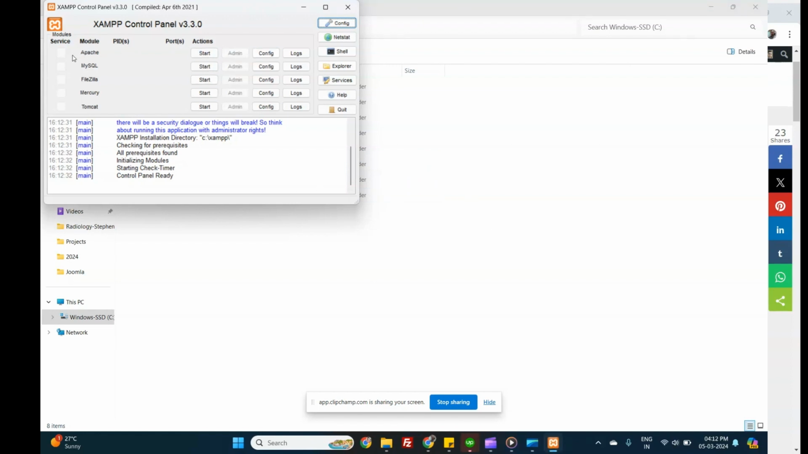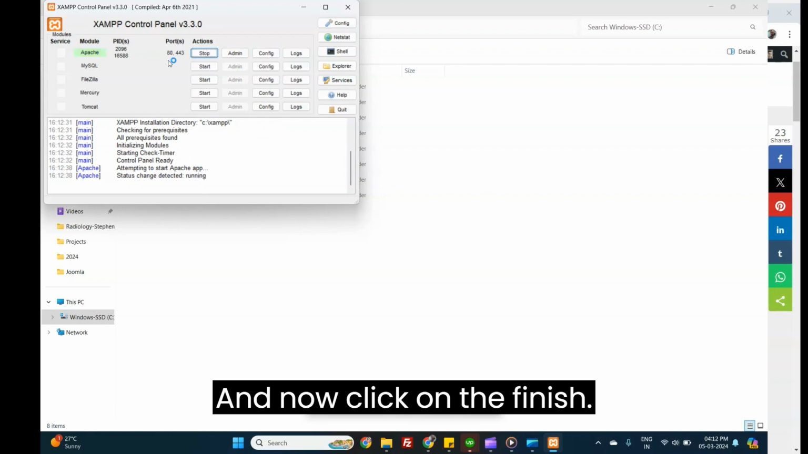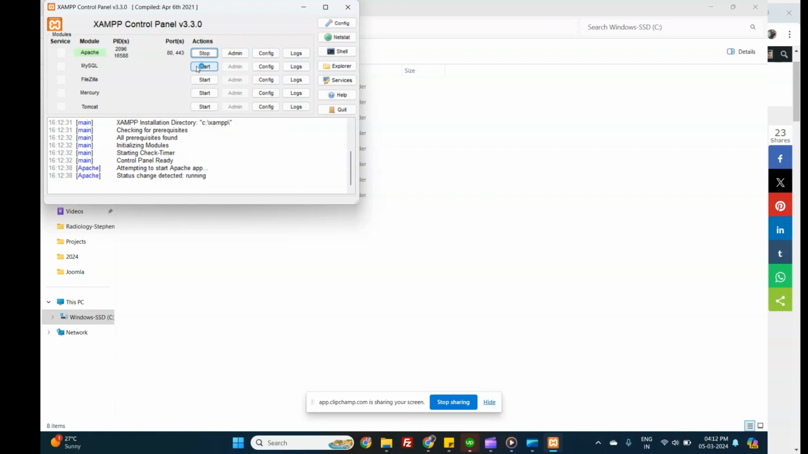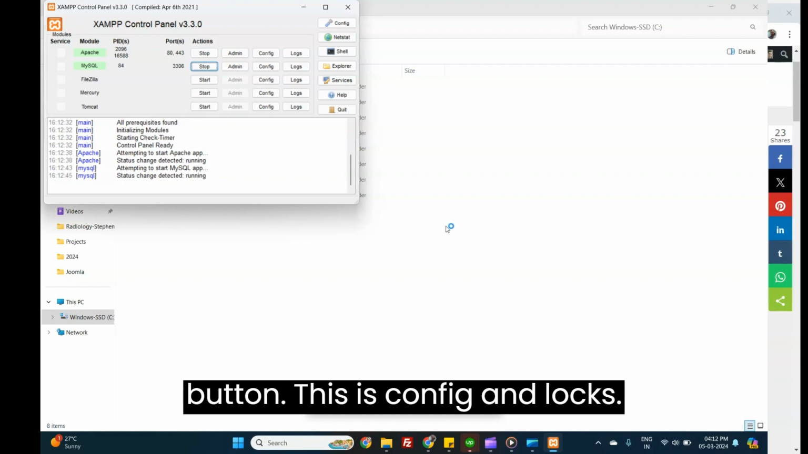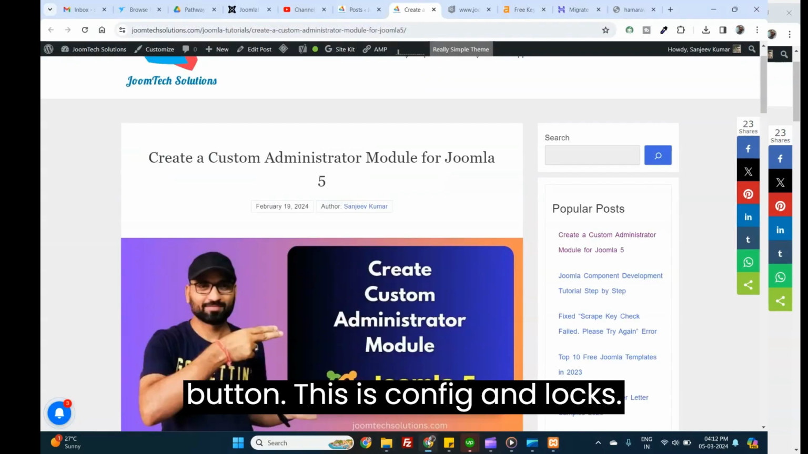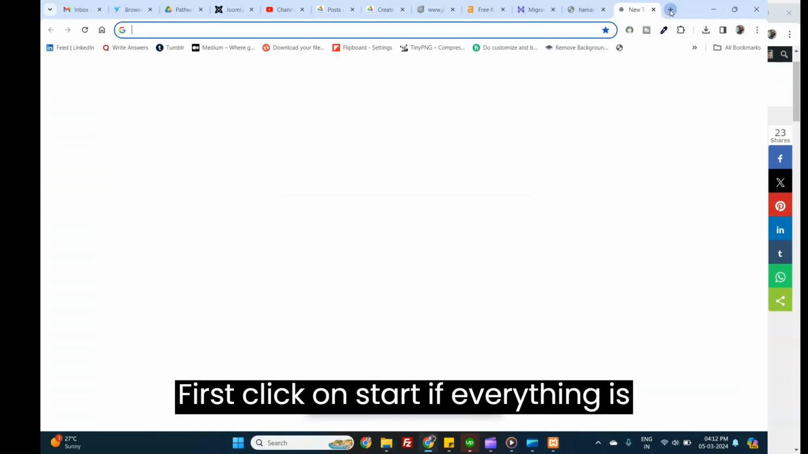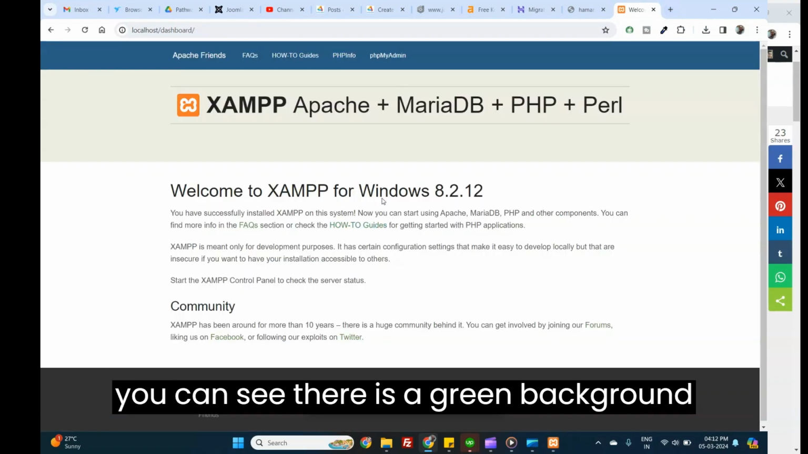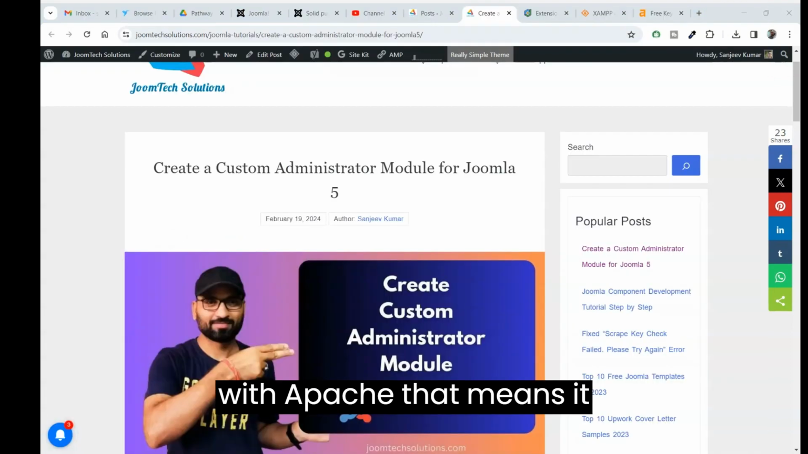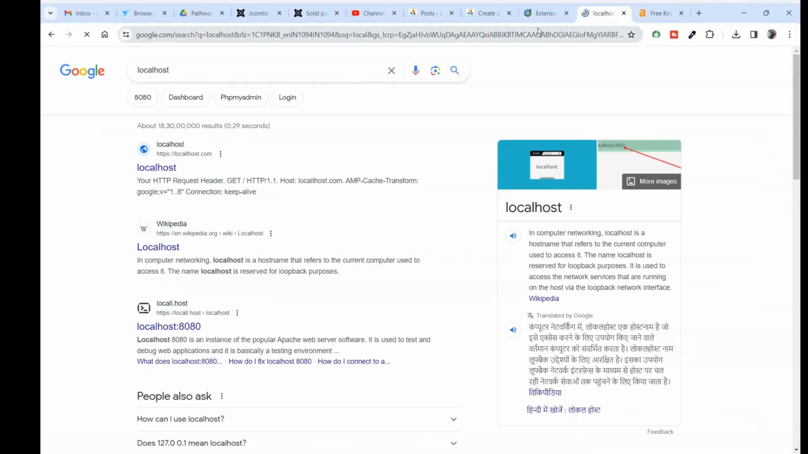And now click on finish. So here, let's check. This is the start button. This is config and logs. First click on start. If everything is correct, then it will start. So you can see there is a green background with Apache. That means